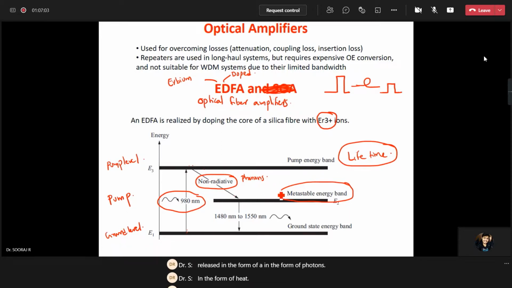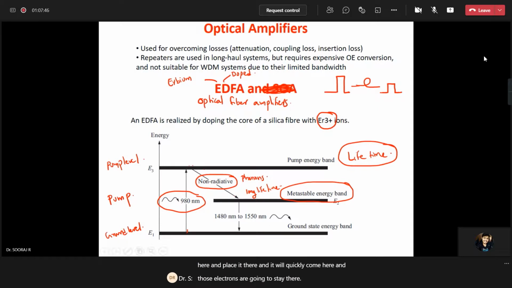Now the good thing is that this energy level E2, which is in between E3 and E1, is what is called a metastable level, which means the lifetime of carriers in these energy levels is very, very long compared to this one. So here the carriers have a long lifetime. That means the carriers can survive there for a much longer duration compared to the time they stay here. So you have a pump laser, or a pump signal. This will quickly take electrons from here and place them there, and they will quickly come here, and those electrons are going to stay there.